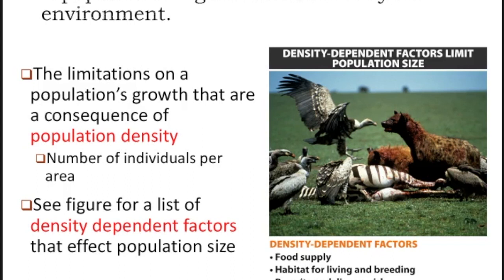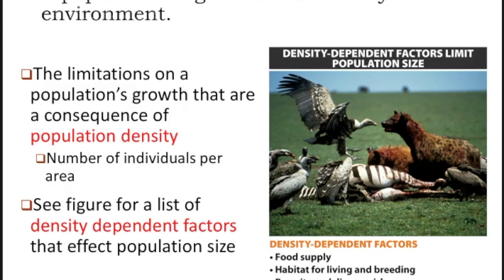So when we're thinking about limits to population growth, we can think about how that population itself becomes a regulator of the population size. And we call things like that, I know it sounds a little weird, the population is actually regulating its own size in this weird kind of way, density-dependent factors. So density-dependent factors limit population size because the more dense there are in the area, the more numbers there are in that area, the lower the food